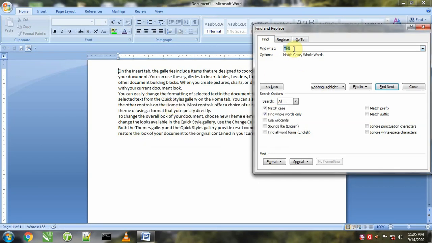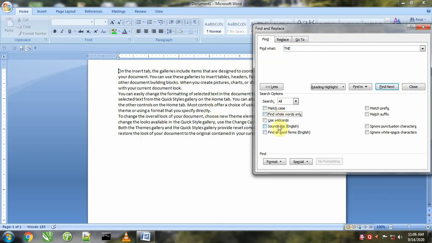It means now the find dialog box will search the word "the" in this paragraph, not only its spelling, it will also match its case, meaning it will look for the word "the" present in the document in capital letters, which is not present here. So it's saying the word is not present in this document. So if we check this option match case, it also matches the case of the word that we are looking for in the paragraph.